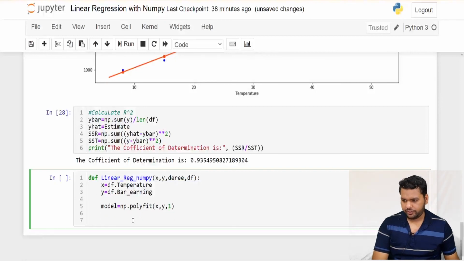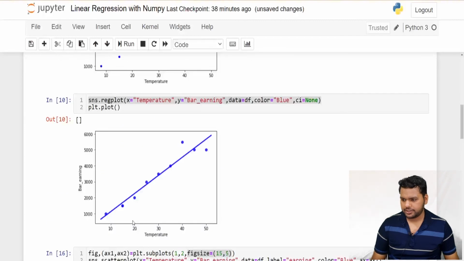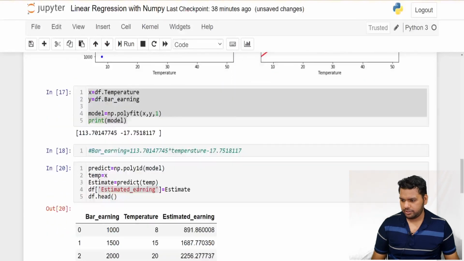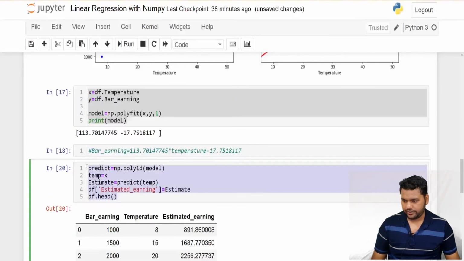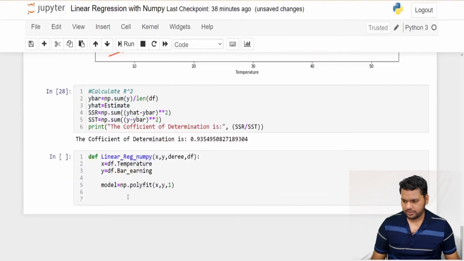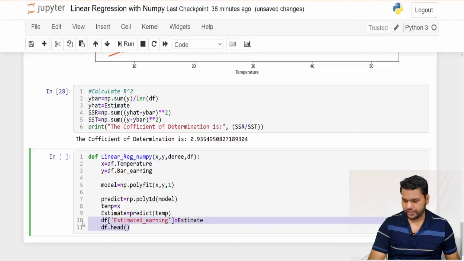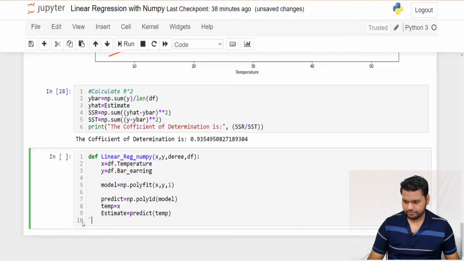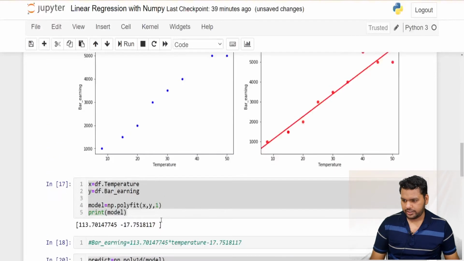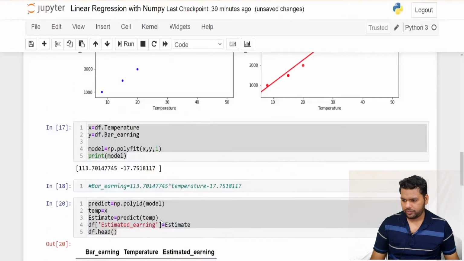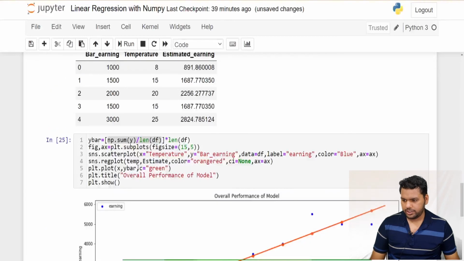Then we predict. How will we predict, again we go above and take these things and put them here. So this is the estimated, you know, we need these things. And after we have the estimated, then what we did, we plot this plot.